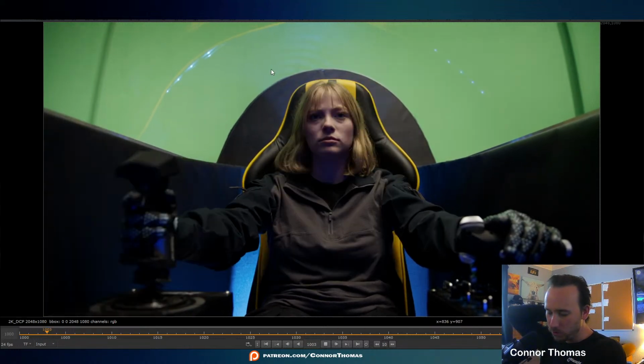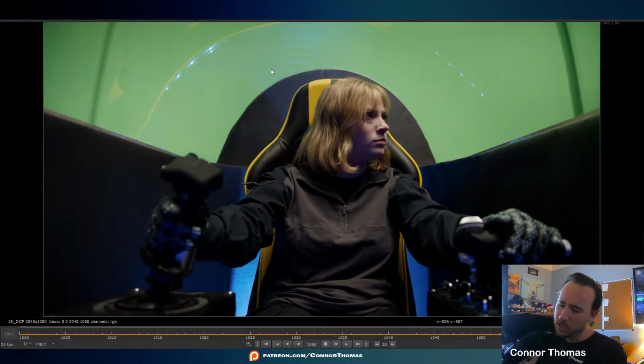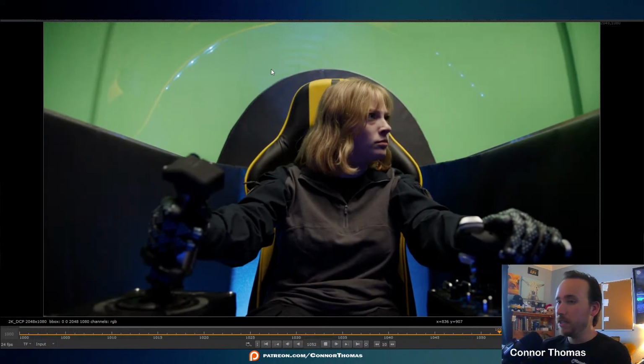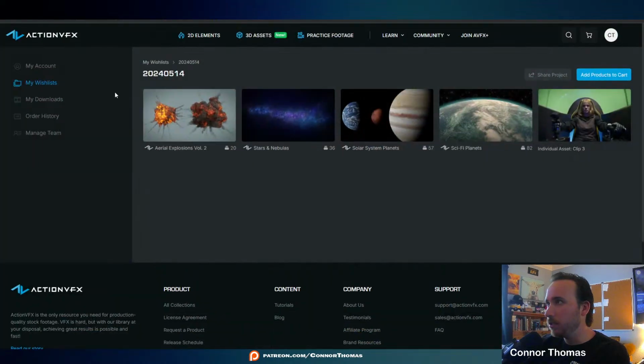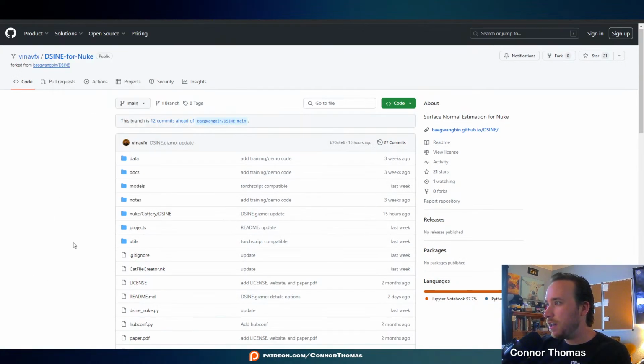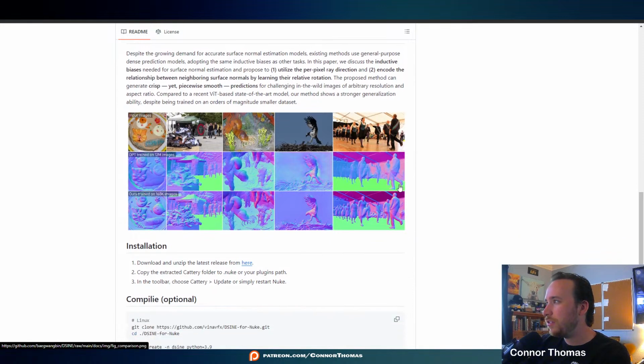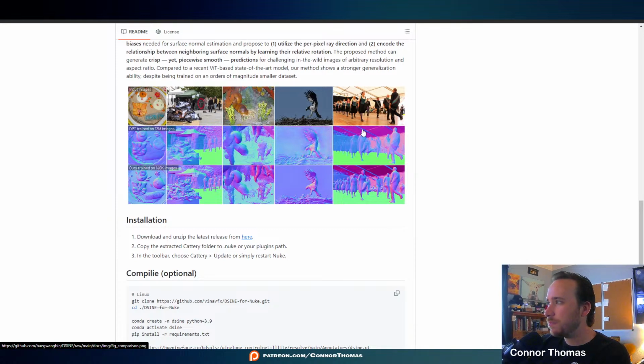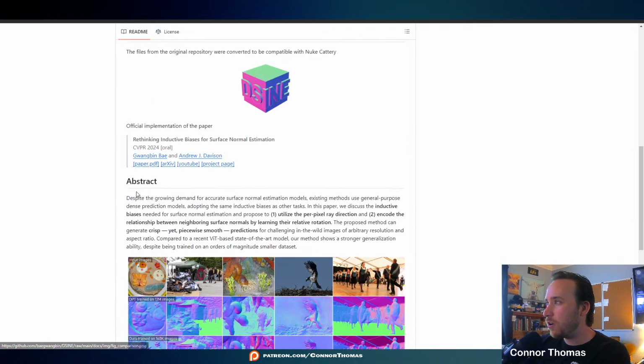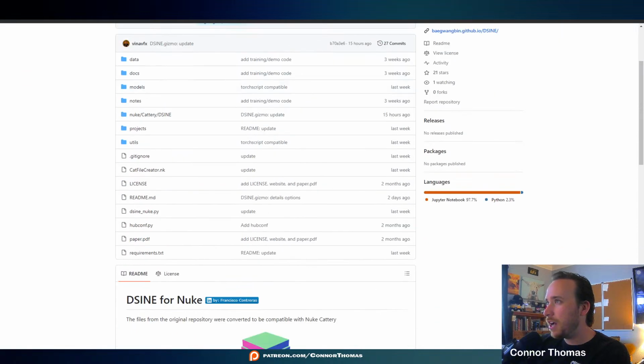I was going to try to add in, so on the Cattery, there's this really cool thing, I'll just show you guys real quick. Someone released this GitHub thing. It allows you to feed it 2D footage, and in Nuke, it'll output normals based off of the imagery that you're feeding it. So that way you can create kind of like 3D topology from the 2D imagery. And I haven't gotten this all completely set up yet,